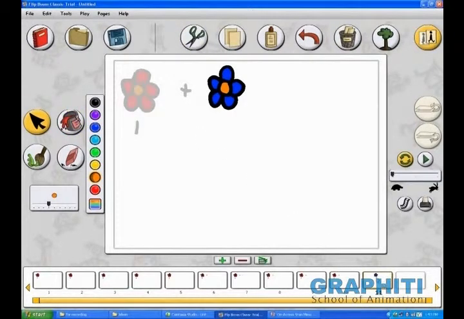Now in the 11th frame I have a single flower, and of course this is one here. Now since I've added this element in the 11th frame, the earlier elements are there only till the 10th frame, so I need to have all these elements, the plus, the flower and the 1 in the 11th page also.